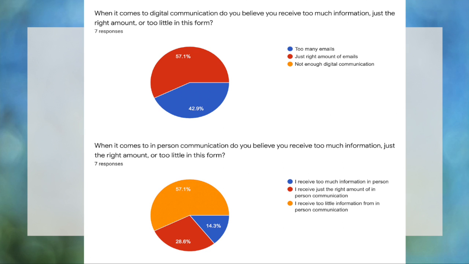I don't know if this is above your pay grade thought process, or if this is a method of, we don't have to tell you yet because we don't want to get to it with you. But I did find that absolutely intriguing, that was the bigger swing on this one versus the one person who might have said, yeah, I'm receiving too much information in person, which might be true in a staff meeting if you're sitting for an hour and you're being talked at. I agree that can be an overwhelming situation, and sometimes can definitely be frustrating as you're really looking at that and how that all forms.